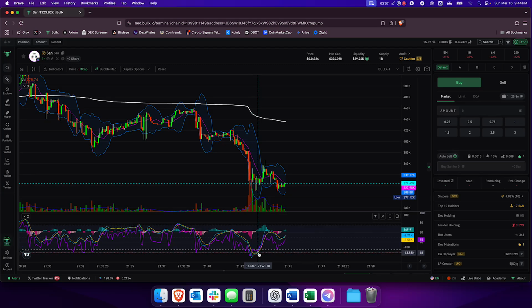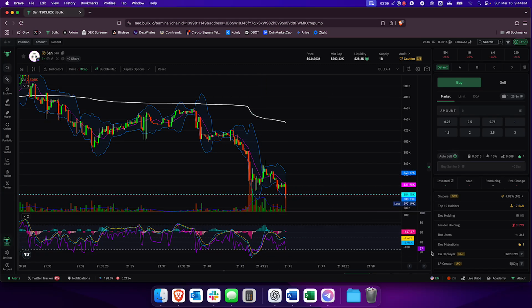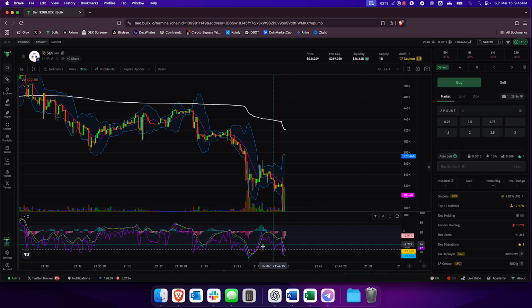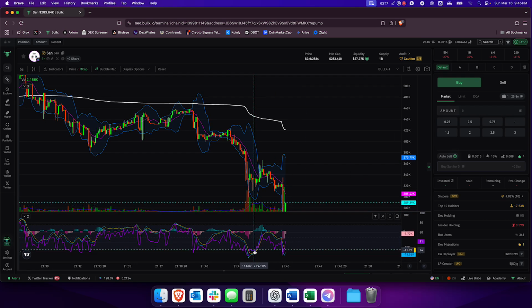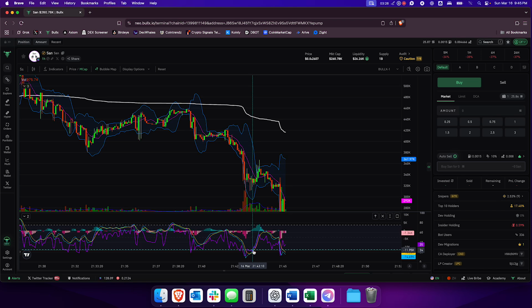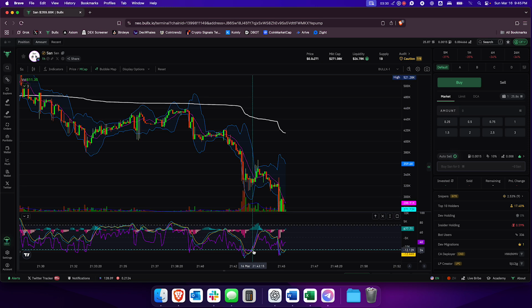However, you don't enter here because you have to wait for your purple line, which is this one, and the purple indicator over here on the right. So right now it's at like 30, 29, whatever. So here, the indicator line was in the 20s. You do not buy into coins unless the RSI is above 55. 50 to 55 is your neutral zone. It has to be above 55